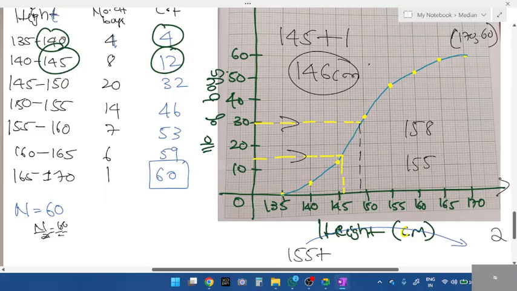after 155, from 155 to 160, how many small lines are there, students? In each box, how many small lines? 10 lines. 10 lines is equal to how many centimeters? 10 lines is equal to 5 centimeters. So one line is equal to 0.5. So if I want 158, 155 plus, multiply this 3 with 0.5, which is